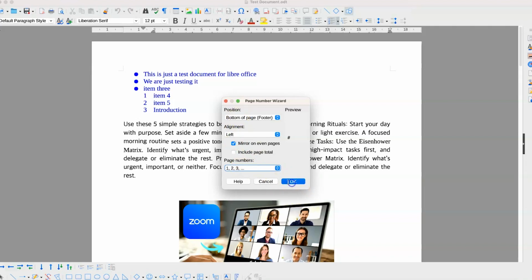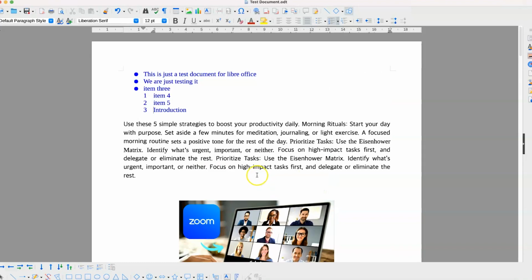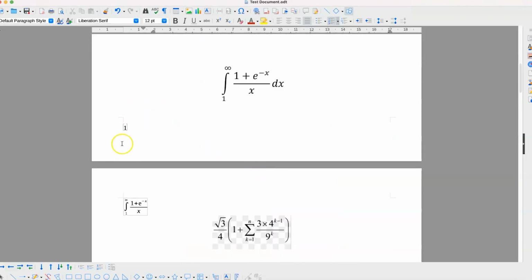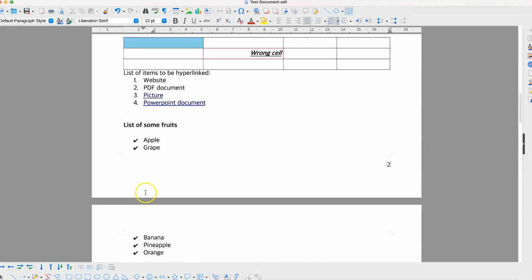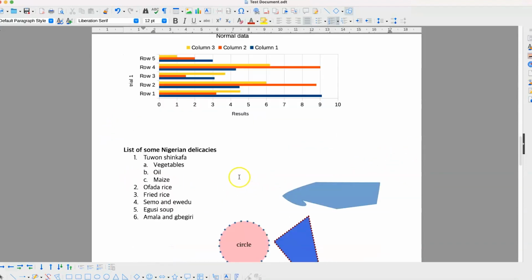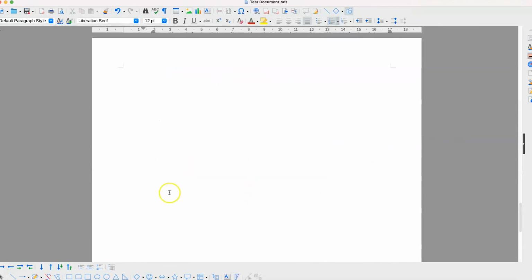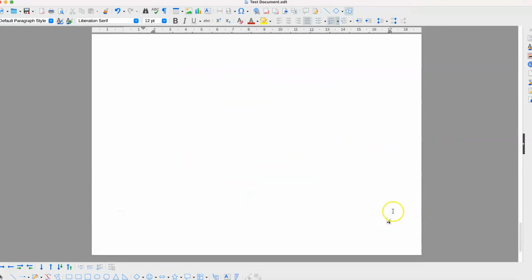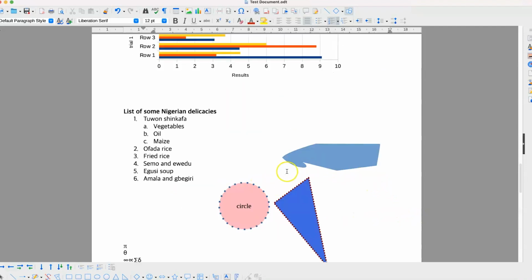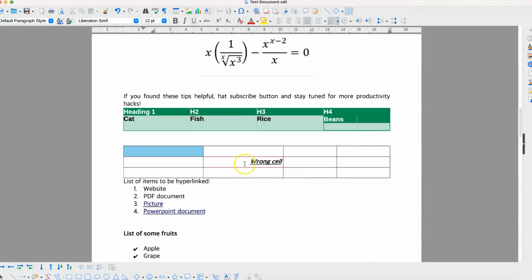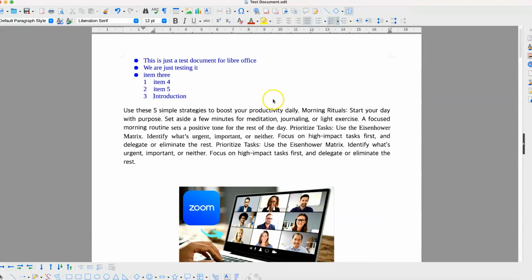Once we say okay to this, this is going to automatically assign page numbers to our document, and you can see this is page 1, this is page 2, and this is page 3. We've selected to mirror in the even pages, so that's why it is mirrored here. Page 1, 2. If we have another page, it's going to mirror it to the right. You can see it over here. If you don't want this, you can always customize and remove the mirroring in the even pages, which is a very simple control. So this concludes this class about adding page numbers to your